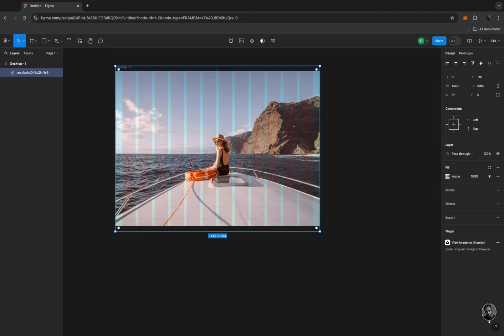Then watch what I'm going to do. I'm going to duplicate this one. First of all, I'm going to rename it to background image, so that our developer can easily locate it. All right, then I'm going to duplicate it. Command D to duplicate that. Okay, then I'll head over to